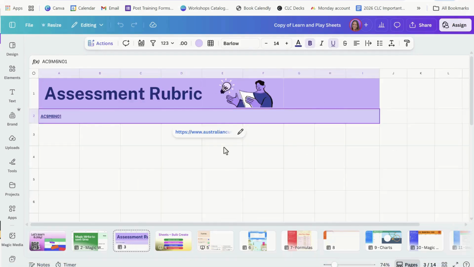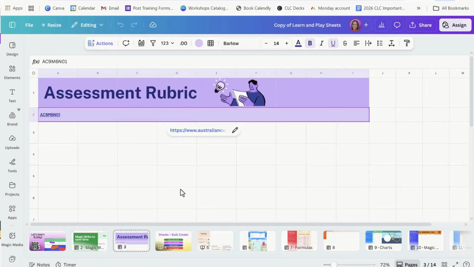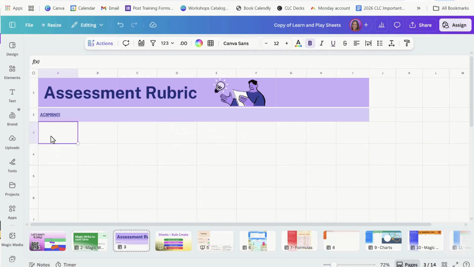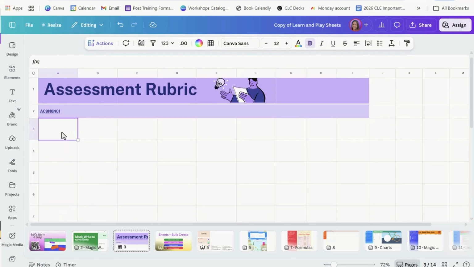Now, depending on how you guys set up your marking rubrics at school, yours might look a little different, but we generally tend to use 5-point rubric scales in Australia. I'm going to leave this top line here for both my headings and my sub down the side, so I'm going to add an additional cell and row, and I'm going to add 1, 2, 3, 4, 5 going across,